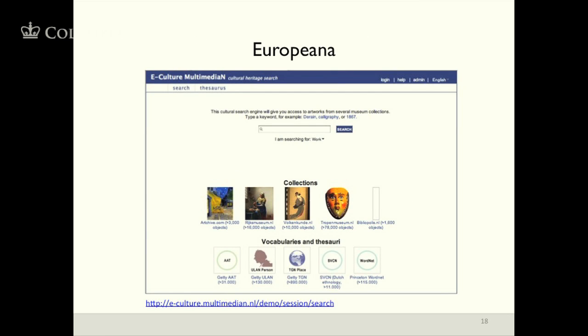One is a search interface from Europeana. Europeana is a major digital library project in Europe that is intended to converge, to make all the cultural objects from different domains, archives, museums, or libraries, across the various European countries, converge in